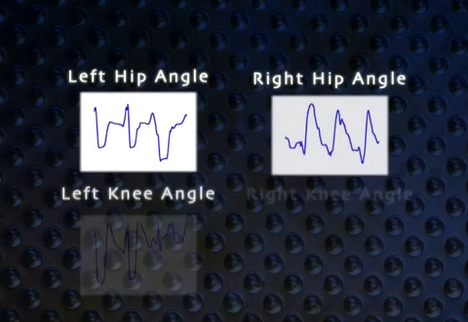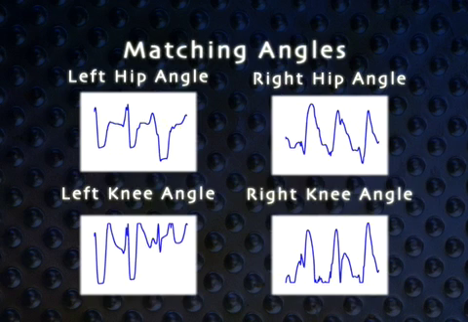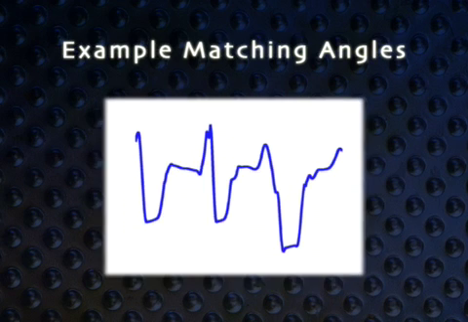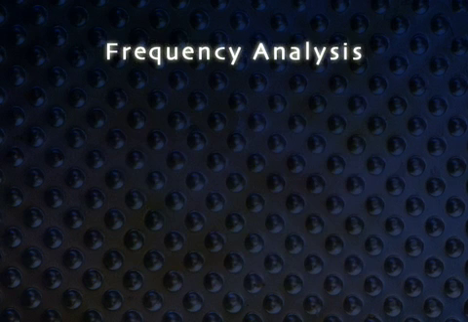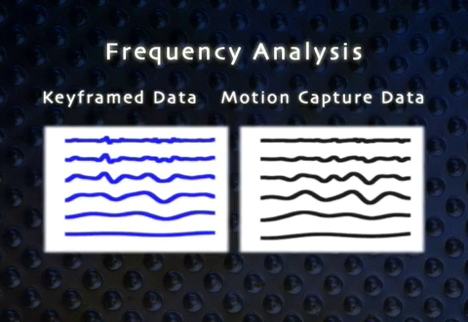First, the animator chooses the degrees of freedom that will drive the rest of the animation, often joint angles near the root, such as the hip and knee angles. We will refer to these degrees of freedom as the matching angles. Usually more than one degree of freedom is chosen, but in the following presentation, we will illustrate the process for just one. The matching angles for both the keyframe data and the motion capture data are decomposed into frequency bands,